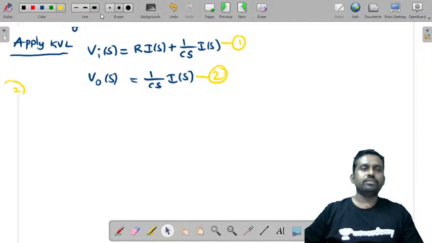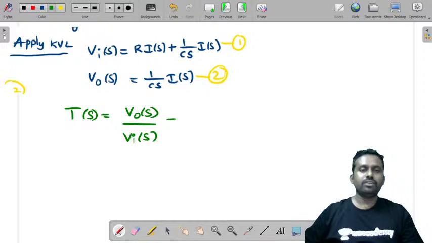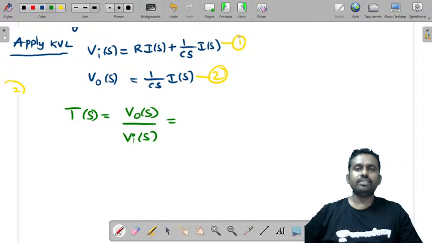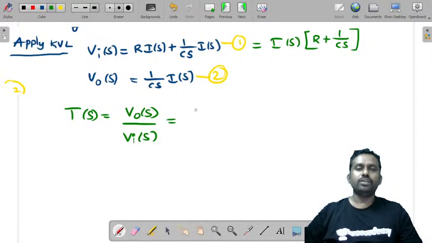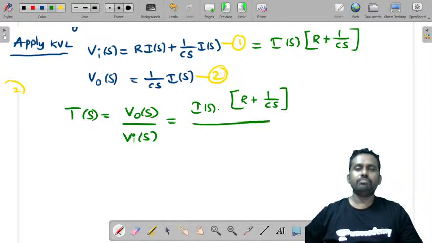Now you have two equations. Our task is to find the transfer function T of S, so it is V output of S by V input of S. What is V output of S? In this, you can take common I of S and write the equation as R plus 1 by Cs. So it is I of S into R plus 1 by Cs by I of S into 1